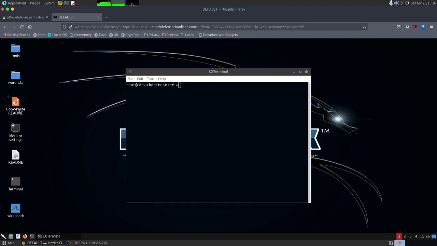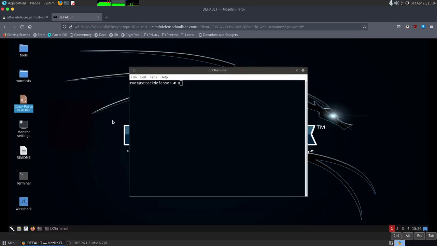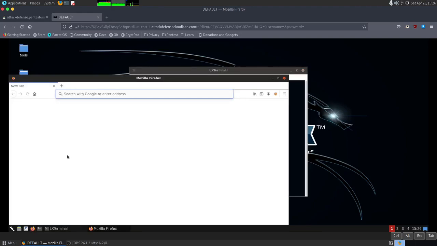And basically, how you can copy paste to this machine. The trick is you can press Control, Shift and Alt. This will bring up this side panel where you can paste your URL, and then you can click on this text input, and that's it. The URL is now copied onto the browser based VM that we are seeing here, right? So now let's go into our browser, and we'll do paste and go.